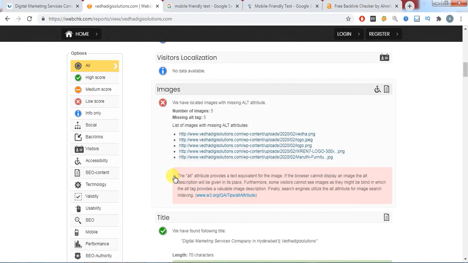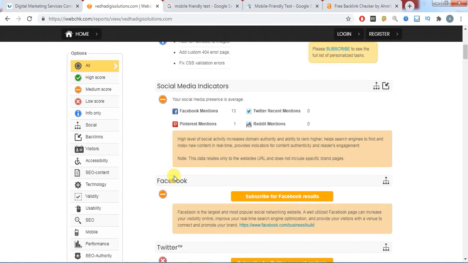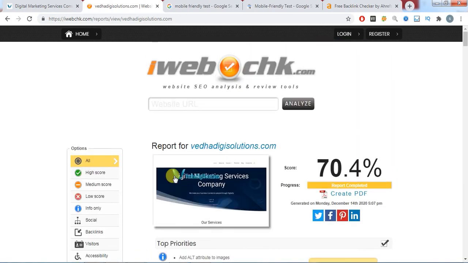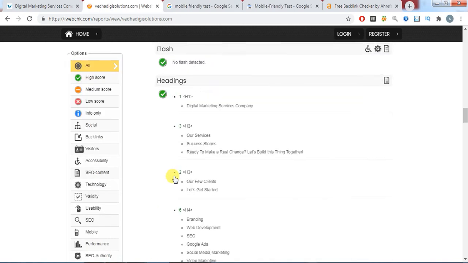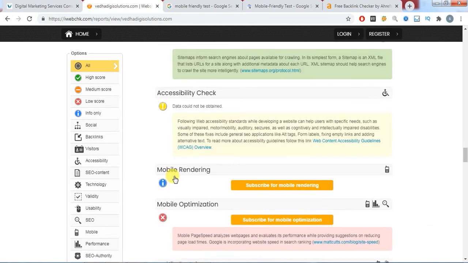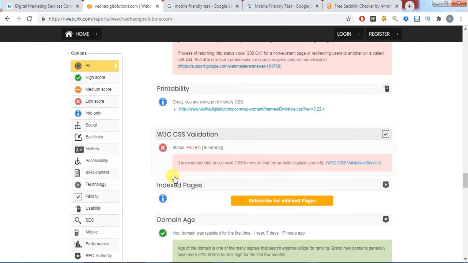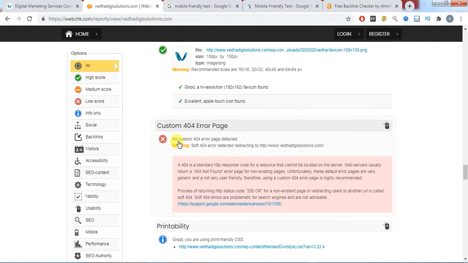So all these factors have a major impact on your SEO ranking. Yeah, so no custom 404 errors or page redirected, so it's good.